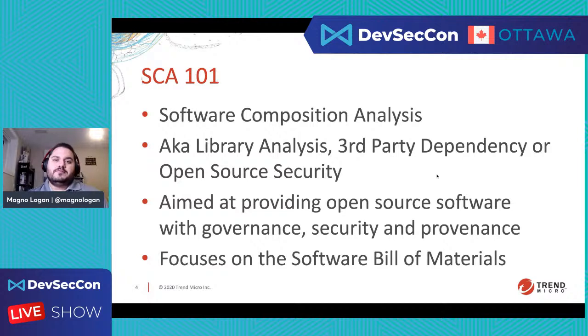The idea with SCA, software composition analysis, is I need to understand what I have in my application, right? What is my application made of? Nowadays we don't develop code from scratch. We use a lot of frameworks, libraries and other resources that are available to us so that we don't reinvent the wheel.